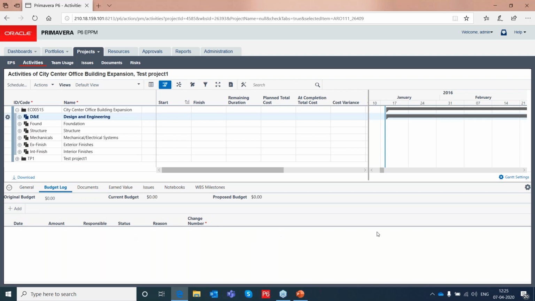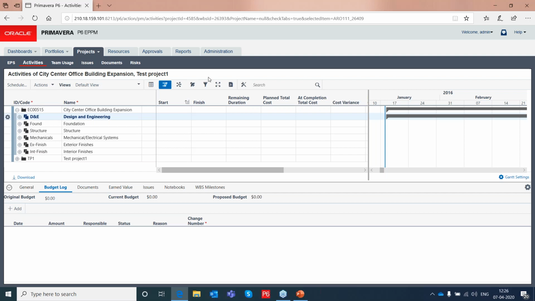Currently you can add your budgets here. What is the original budget? What is the current budget? What is the proposed budget? Everything can be added here at the WBS level, which is your top-down budgeting. Then based on the resources and expenses, which are your direct and indirect costs, which you allocate at the activity level, from there you have a roll-up, which is your bottom-up estimation. So these two things can be compared and then you can work on it.